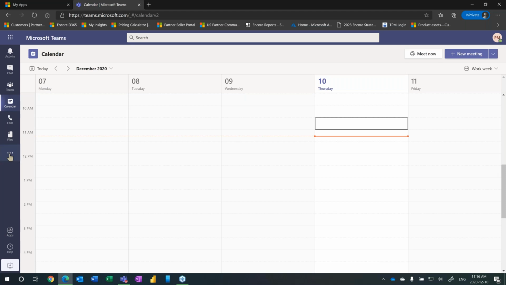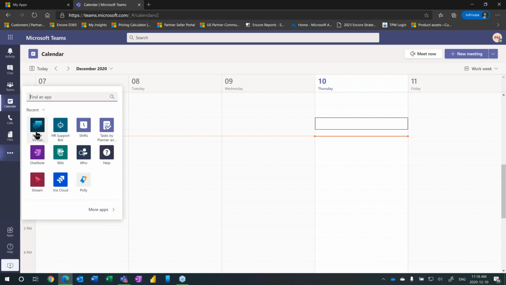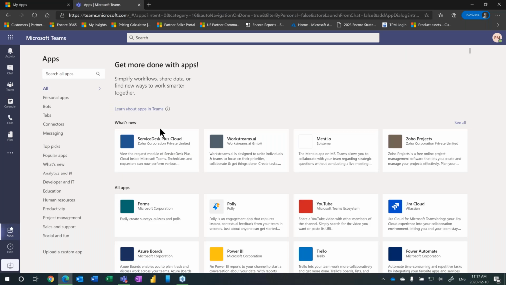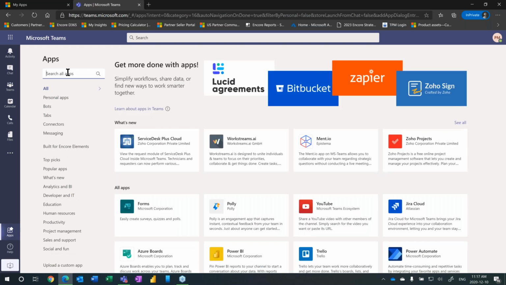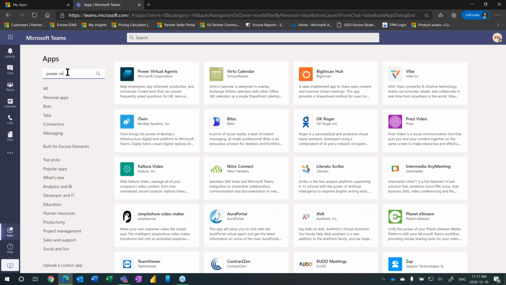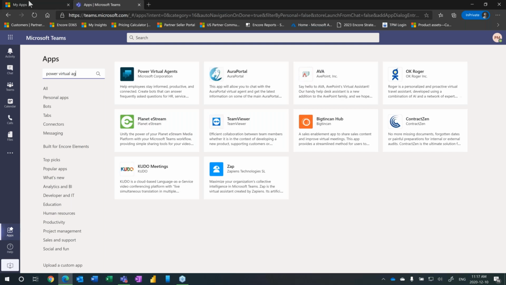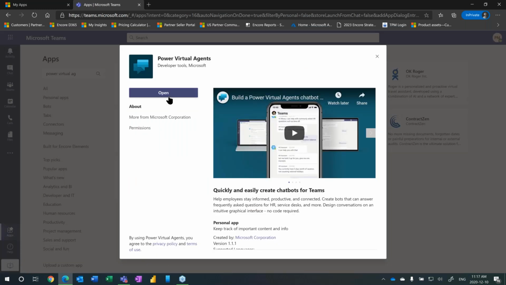And what you need to do in order to engage with the bots for the first time: here I have the Power Virtual Agent app installed within Microsoft Teams. You can type it here to see if you can find the app, but you might have to click on More Apps, which will take you to this page, and then you can just type Power Virtual Agent. And then when you click on that, it's going to have an install button. In my case, it says open because I installed the application already.